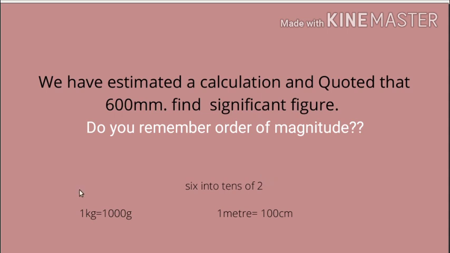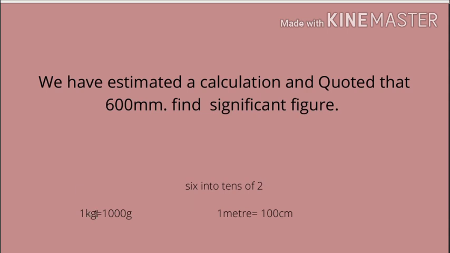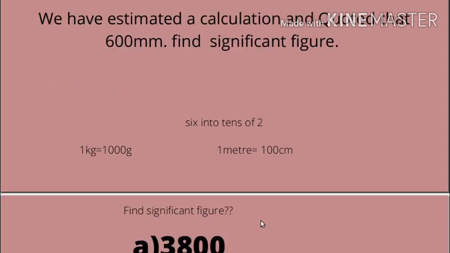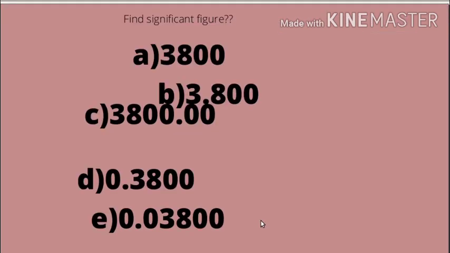Understand? Now what about kg? 1 kg is equal to 1000 grams. So how many significant figures are there? Yes, exactly 1. The reason being, zeros are not counted in the significant figures. Suppose 1 meter is equal to 100 centimeters. In this case also you will have only 1 significant figure. Understand? So considering the following examples, look at the first one.